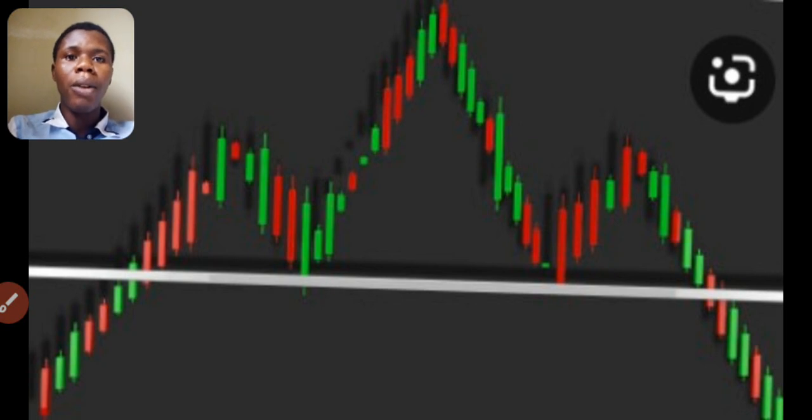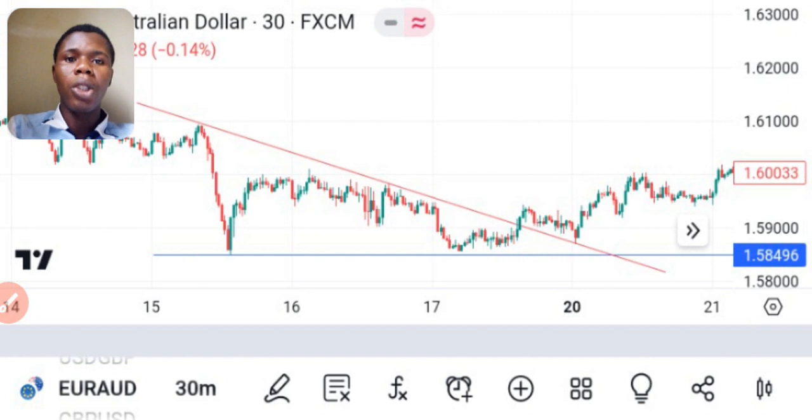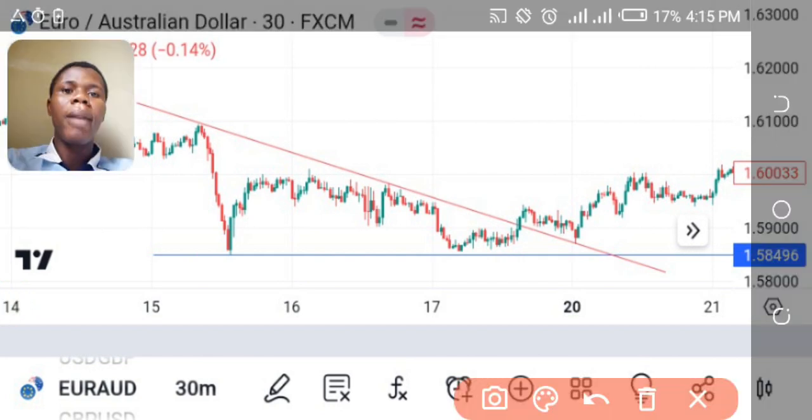Now talk about the bullish reversal pattern. I think I'm mistaking these two. This one is actually a bearish reversal pattern, and the other one I'm going to be showing you here is the bullish reversal pattern. Now let's talk about this one. As you can see here, this market was actually